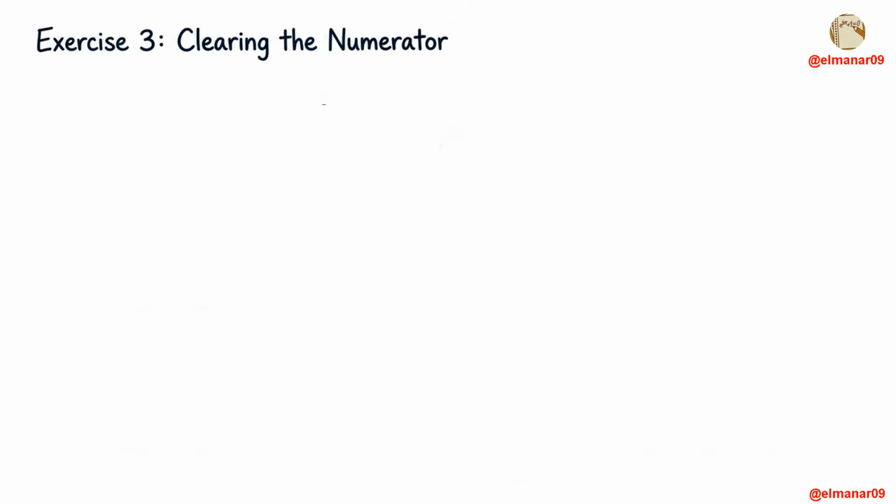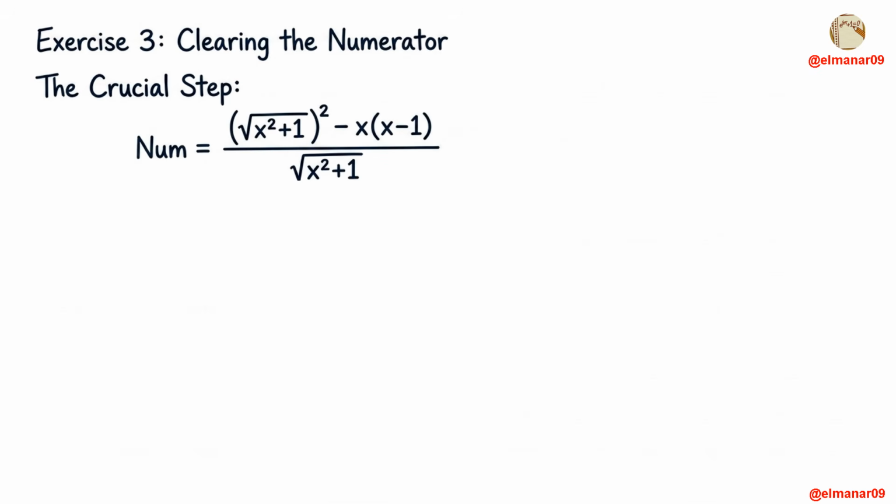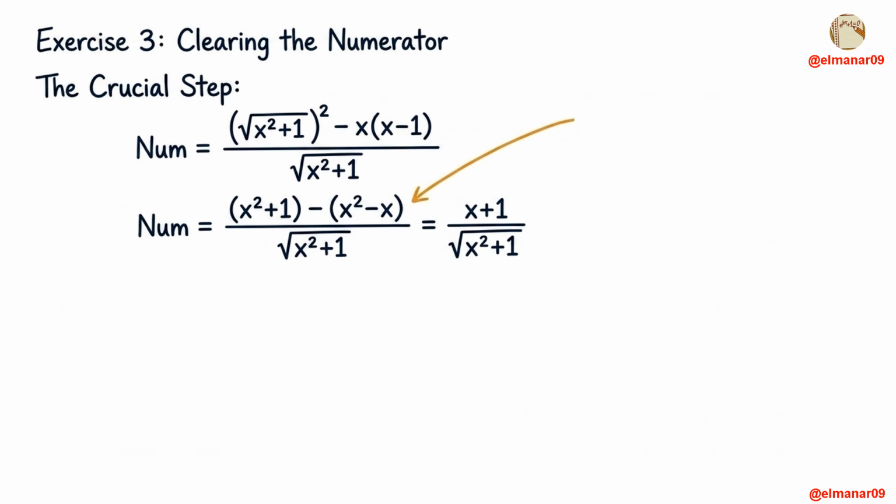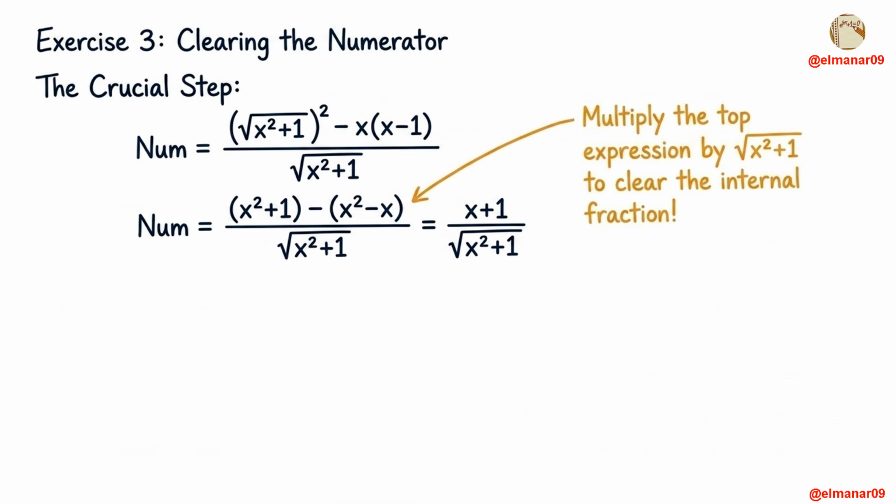The final step for exercise 3 is the most crucial, clearing the numerator. We have a fraction inside our big numerator. To fix this, multiply the entire top expression by square root of x squared plus 1. This clears the internal fraction. The top becomes x squared plus 1 minus x times x minus 1, which simplifies beautifully to just x plus